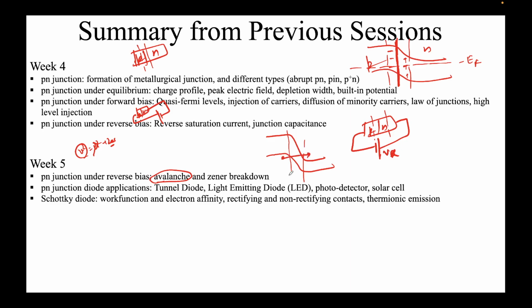The band-to-band tunneling we have also seen in the context of another device called the tunnel diode, in which we analyzed this device in forward bias. A Zener breakdown is also a p plus n plus junction operated in reverse bias, which is helpful for voltage regulation. The other application we saw, as I mentioned just now, was the tunnel diode, in which we